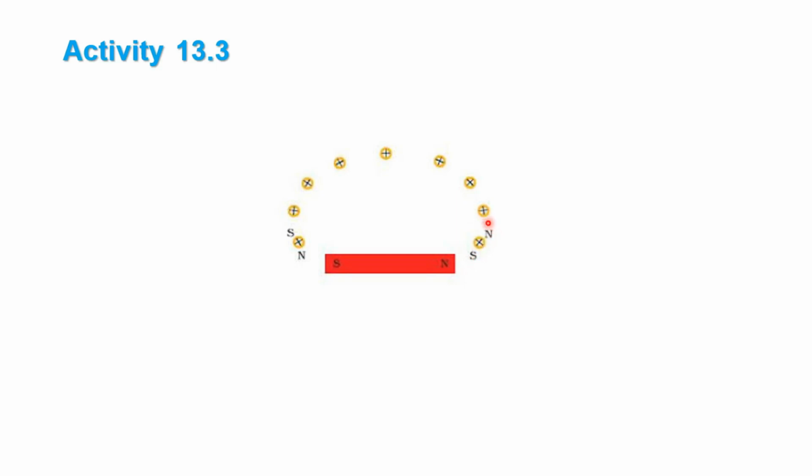Now place the magnetic compass here. Again we will find the north and the south pole. That means we have to put a dot again over there. Again here, then place it over here, place it over here. In this way we have to complete the circle. And finally we will see that the north pole is attracted over here to the south pole. This way we can find out the magnetic field lines.